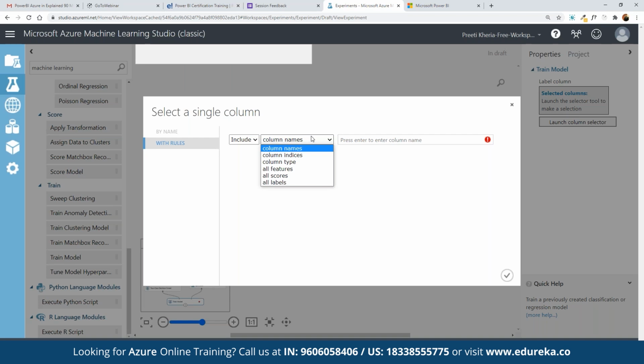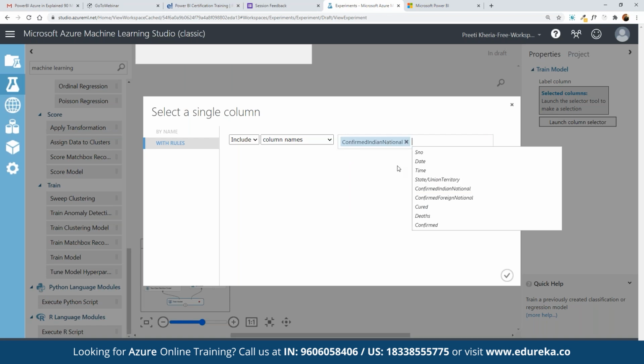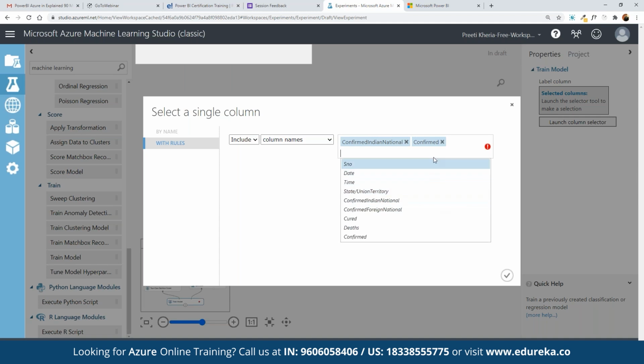If we want to include column names, let's suppose we want to search for the confirmed national. We want to search not just for confirmed, but the number of patients cured, deaths, and the time frame as well. So we can remove the confirmed national, choose these pointers, and click on select.